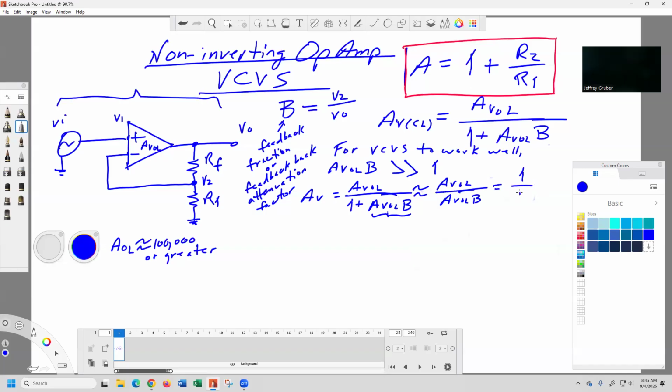And what does this equal? It equals 1 over B. Because, right? AVOL cancels and you get 1 over B. We set up here that B equals V2 over V out, which equals RF divided by R1 plus RF. This is a voltage divider. Look at RF divided by R1 plus RF. AV is approximately 1 over B, which is 1 divided by,